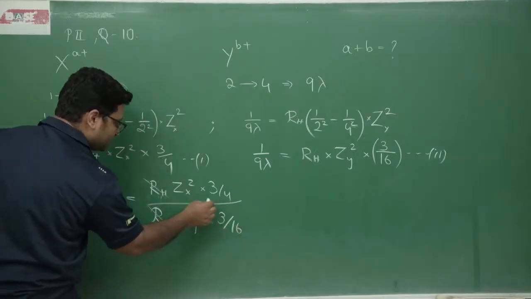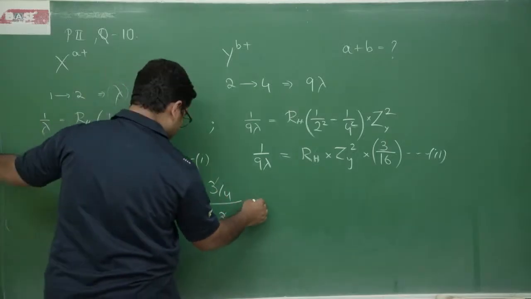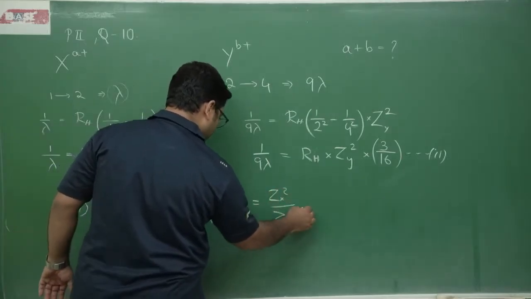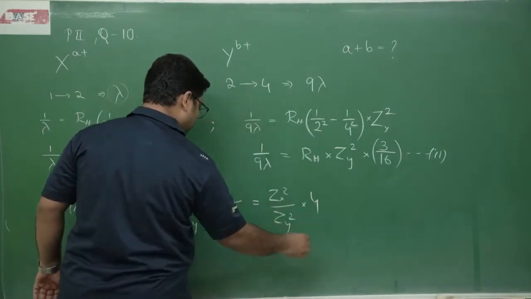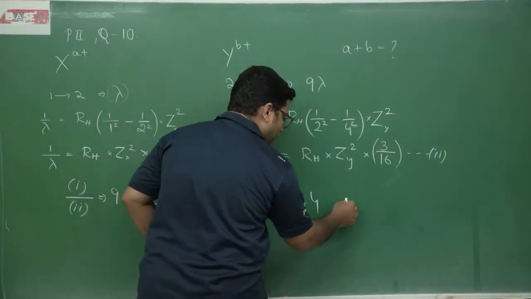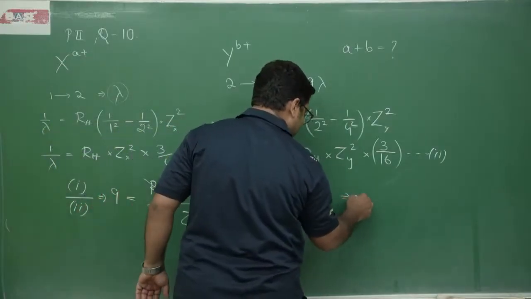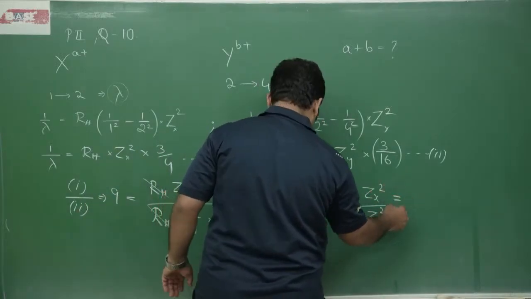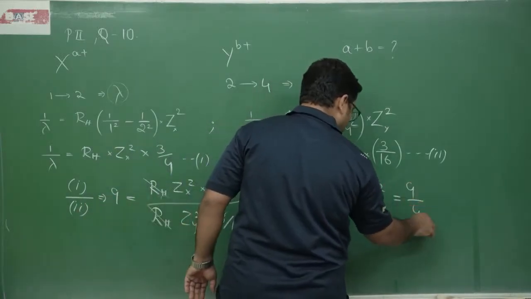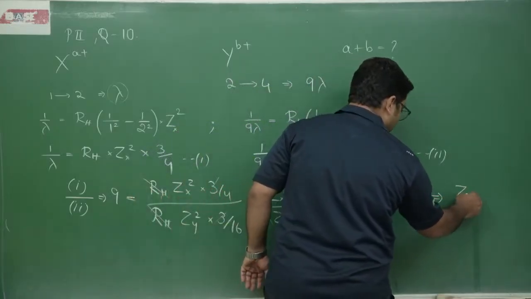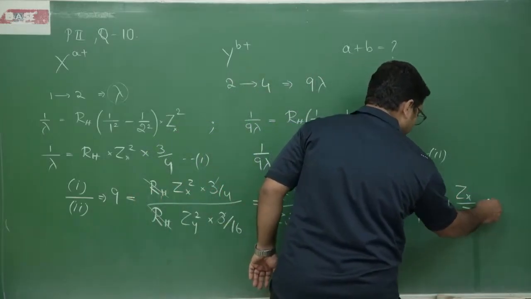The RH term cancels, the 3 cancels. What remains is Zx square divided by Zy square into 4. Shifting this 4 from the RHS onto the LHS, we have Zx divided by Zy square equals 9 by 4. Taking square root on both sides, we have Zx by Zy equals